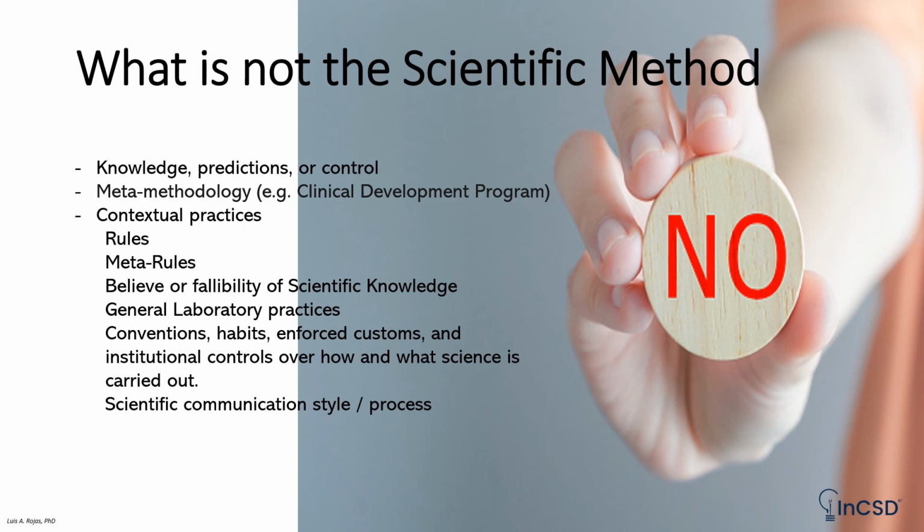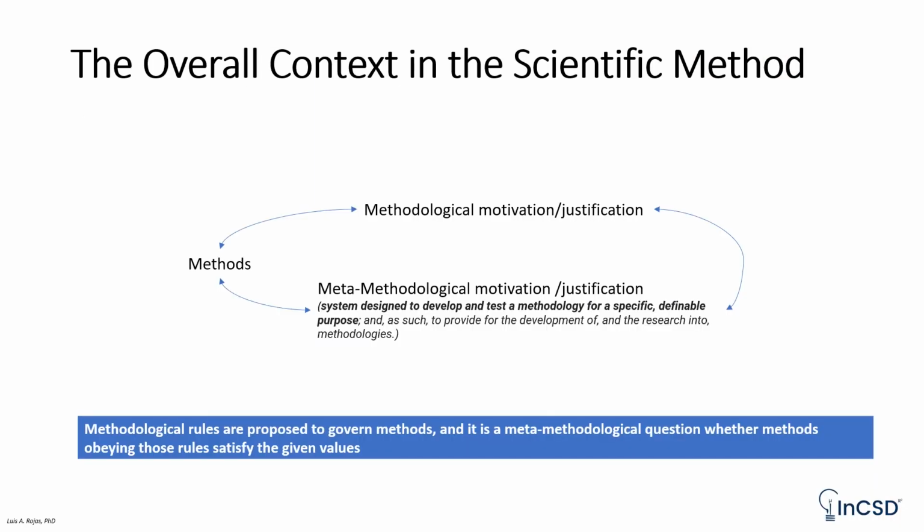Technological or other material means, ways of communicating and sharing results, whether with other scientists or with the public at large, or the conventions, habits, enforced custom, and institutional controls over how and what science is carried out. In the overall context of the scientific method, we have the method itself, which could be motivated or justified somehow following some methodological rules,